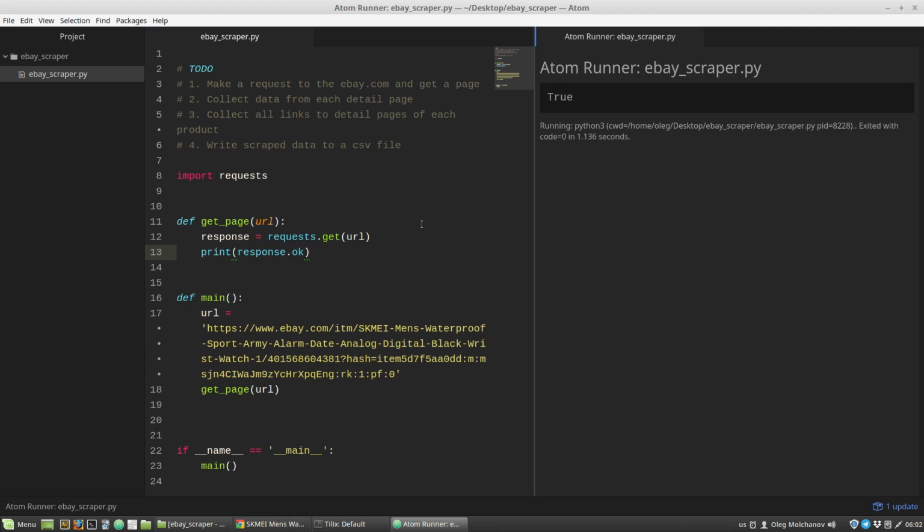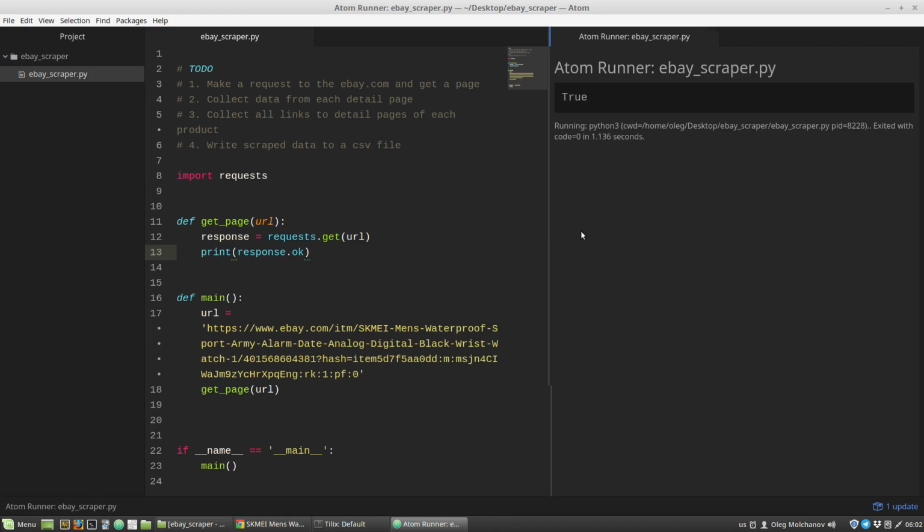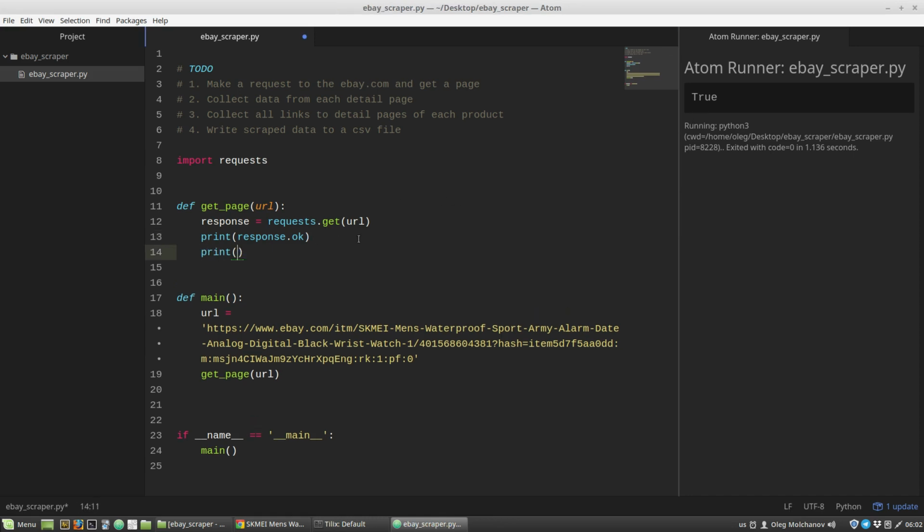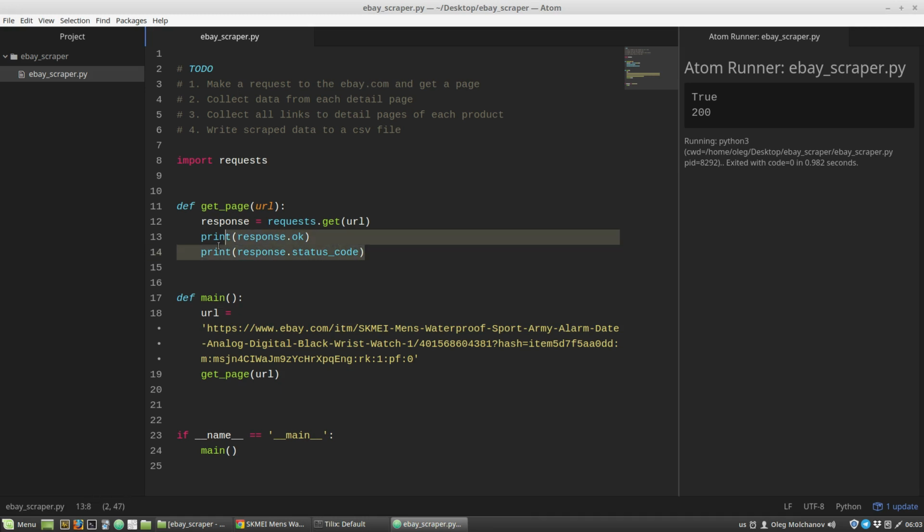And we got True. It means that the eBay server responds successfully. Also, we can use the status code property. We got 200. 200 means that the server responded successfully also. And now I'm creating